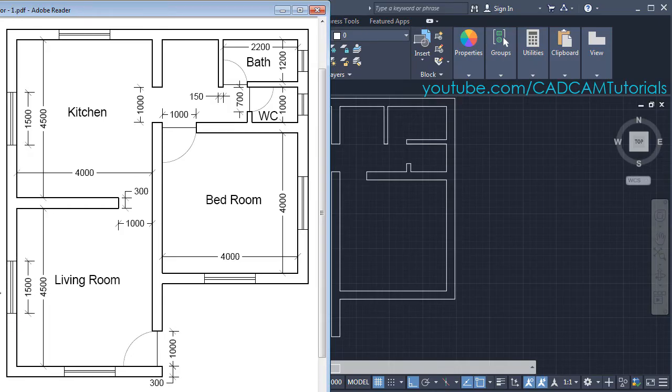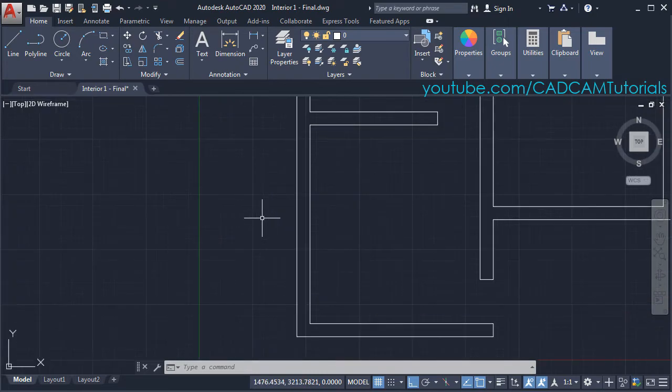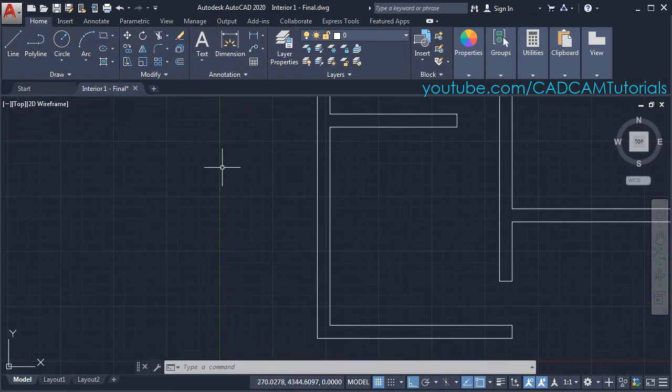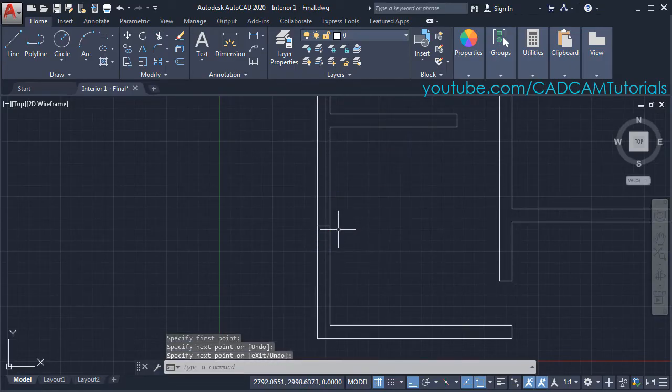Now here window size is 1500 and windows are located at the center of the wall. Zoom here, then click on line, then specify first point. First point will be this midpoint. Click there, take your cursor on this side, then take your cursor to this midpoint and drag that midpoint and click and press enter. Zoom there,